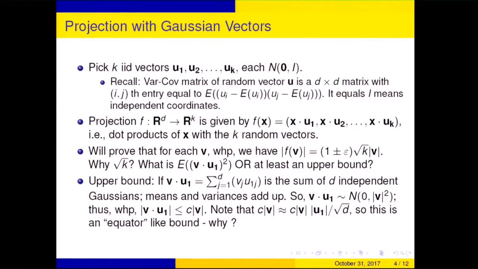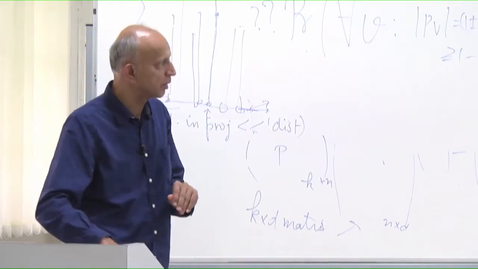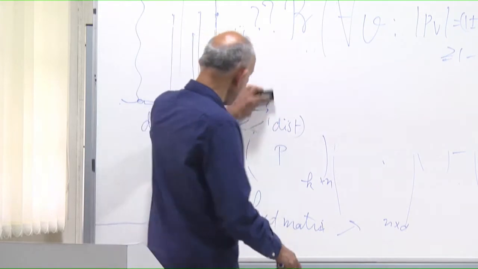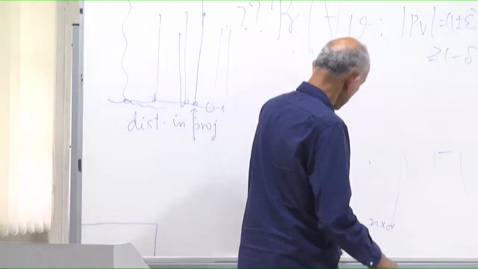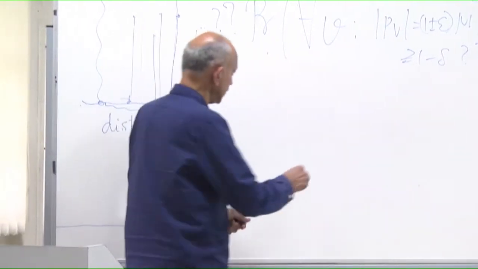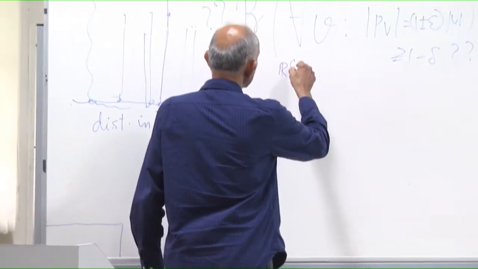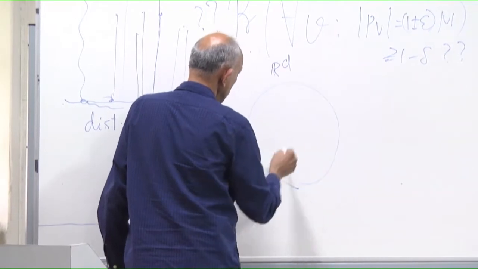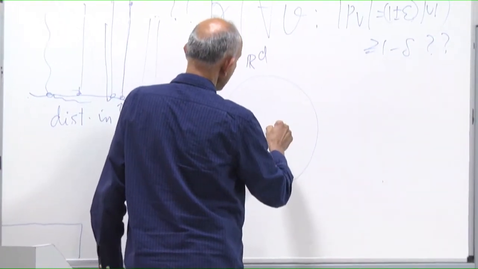So this quantity is much smaller than if v and u were collinear. If they're collinear, you would get that much, but here you get a factor of root d less. Okay. This, I claim, should be reminiscent of something we proved already, and that'll be nice to remember. We proved such a thing for a uniform random point from a sphere in d dimensions. So this is Rd, the big space. If I have a fixed vector v,